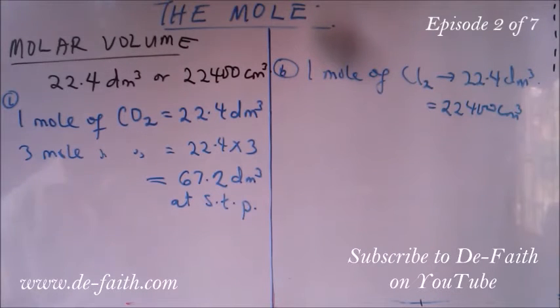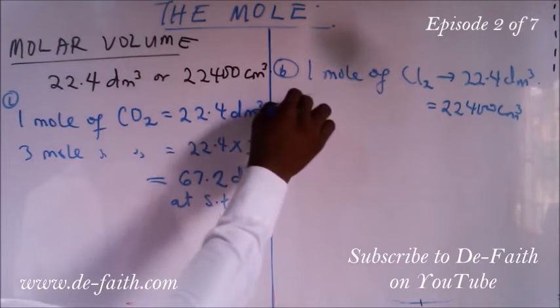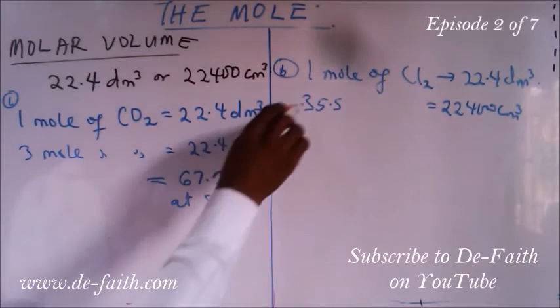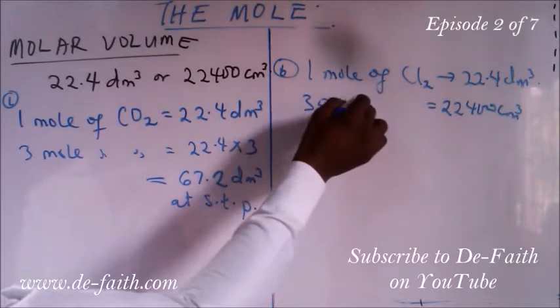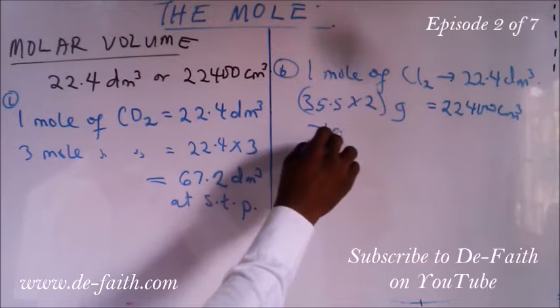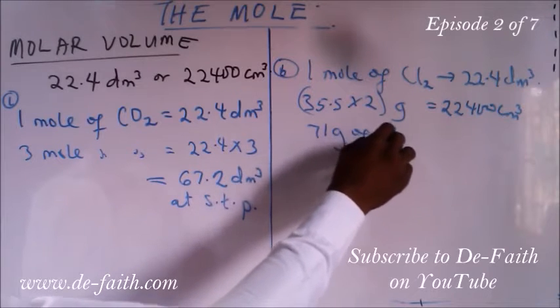And that 22,400 cm cubed is equal to chlorine, which is 35.5. So one atom of chlorine is 35.5, but here we have 2, so we multiply by 2, and that will be 71 grams of chlorine,